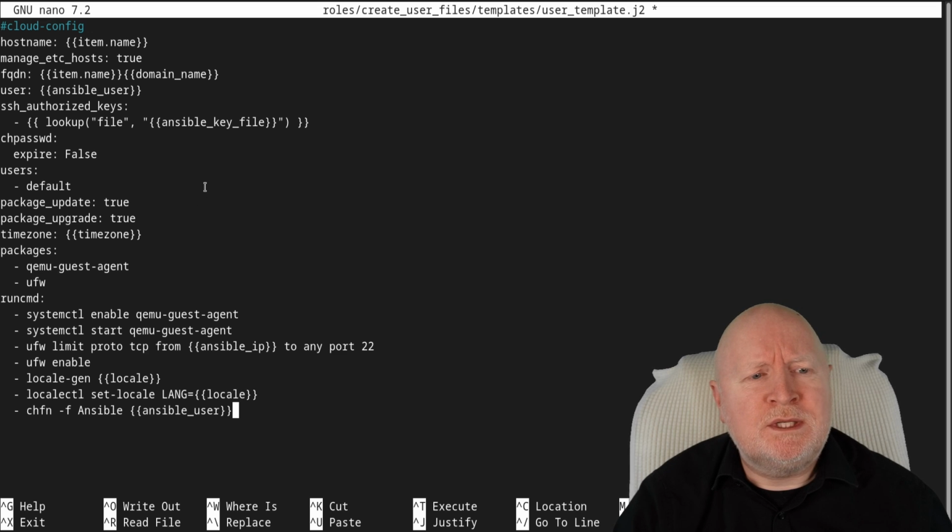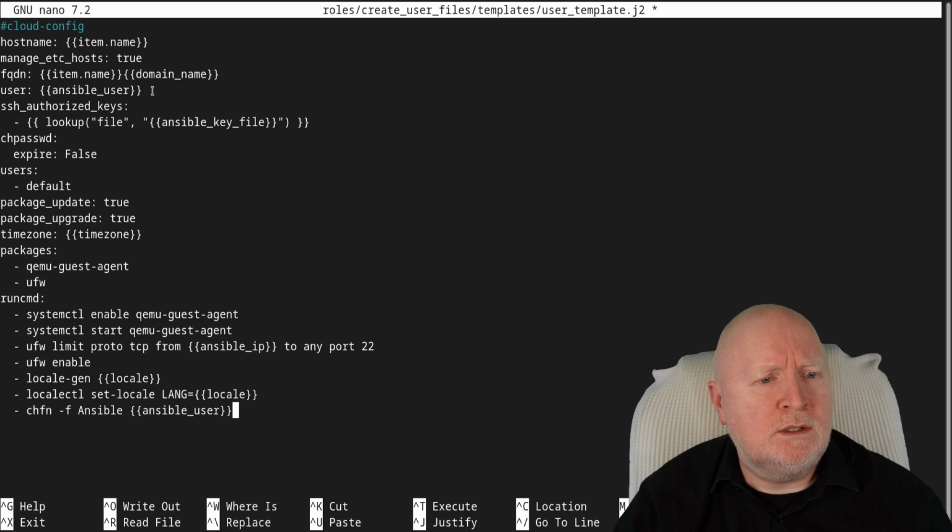The only trouble is with Debian, it doesn't quite go as far as, say, Ubuntu. So there's some things you can do and some things you can't. But the way I've set this up is just to get me over the line. So as I say, I can hand this over to Ansible, but at least it's somewhat secure in some respects. So what we do is we set up a host name. I've also got a setting to actually change the hosts file, because basically we're changing the actual name of the computer. We're setting up the FQDN,